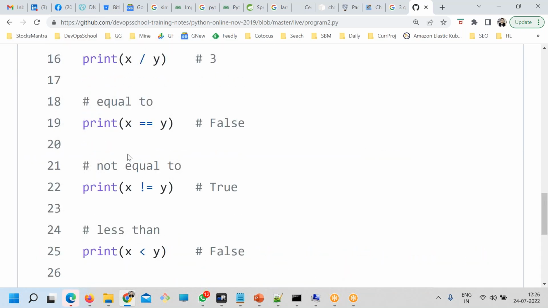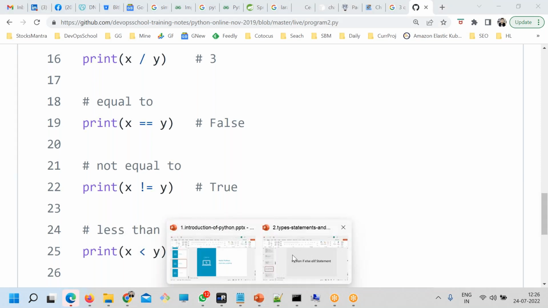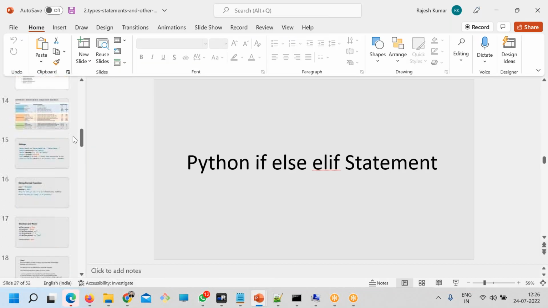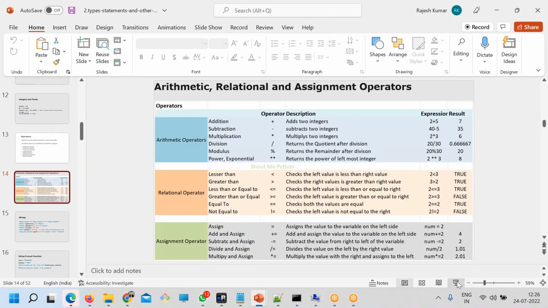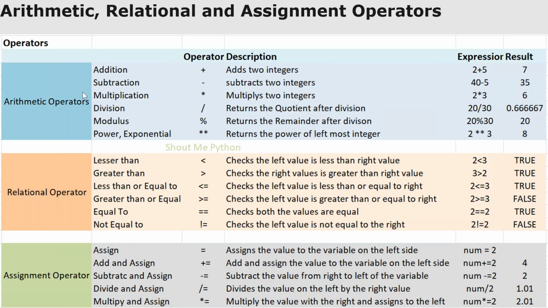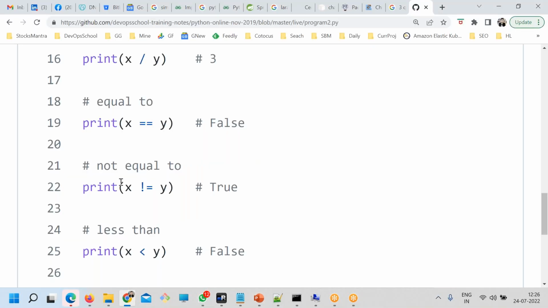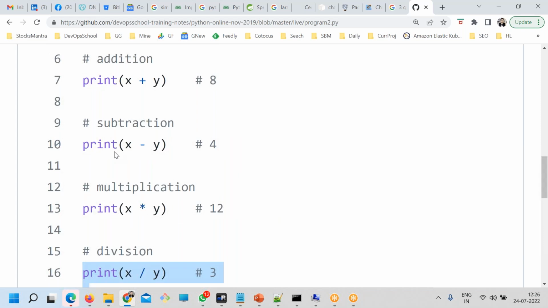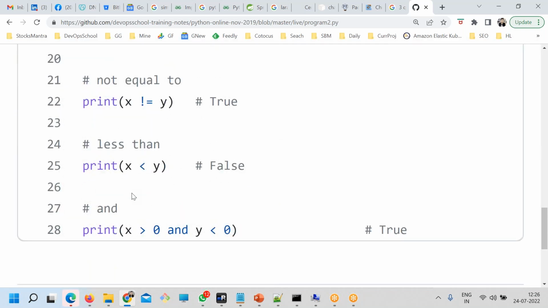So when the operators are there, which value it will return, you must check that. One slide which I have shown you, just to make our life easier, this one. So you see the last results. Sometimes the variables will be string, sometimes integer, sometimes true, false, or something like that. So comparison operators always return true or false, because you are comparing, right? So understand this. More or less, are you comfortable with this?